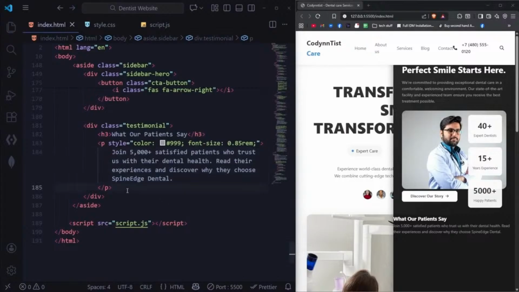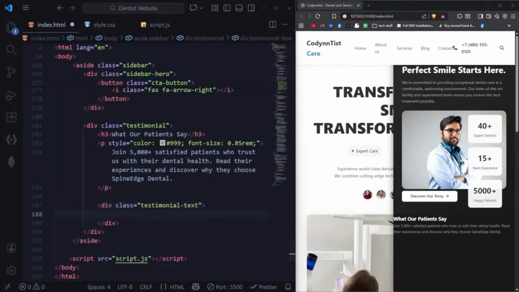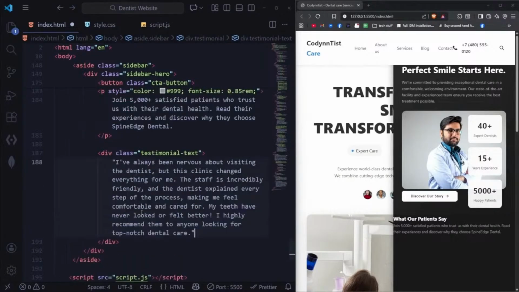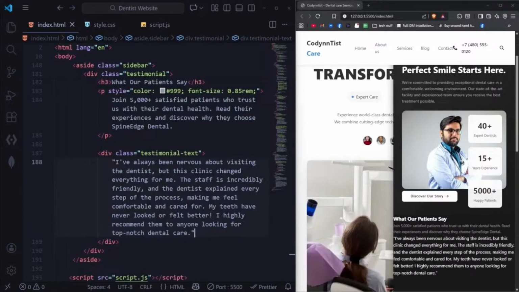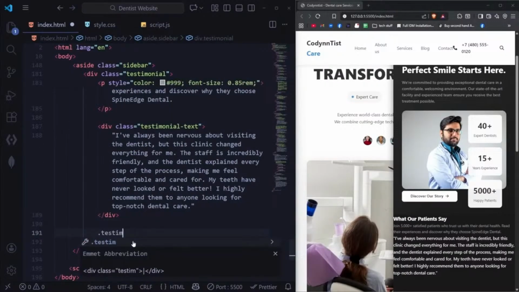So after that paragraph tag, we'll just do testimonial text, not test, text. And again, I have a paragraph with me right here. It's really long. So yeah, this is really long. Next thing we have is the author, which is